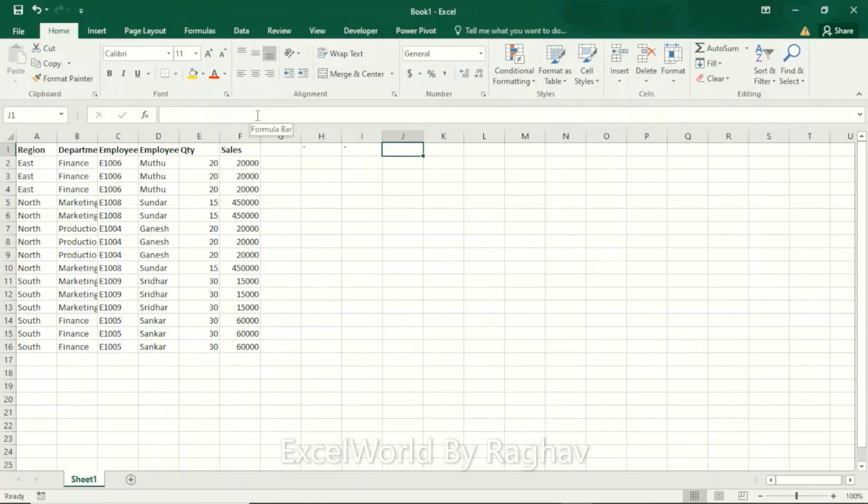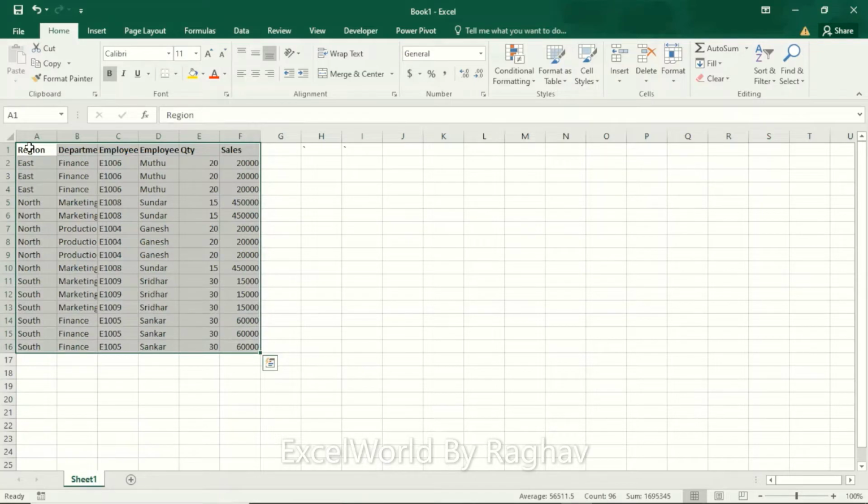In this tutorial, we will see how to create a chart within less than a minute. So here is my data that is starting from column A and ending till column F with row number 16. Once you have selected your entire data range, simply press